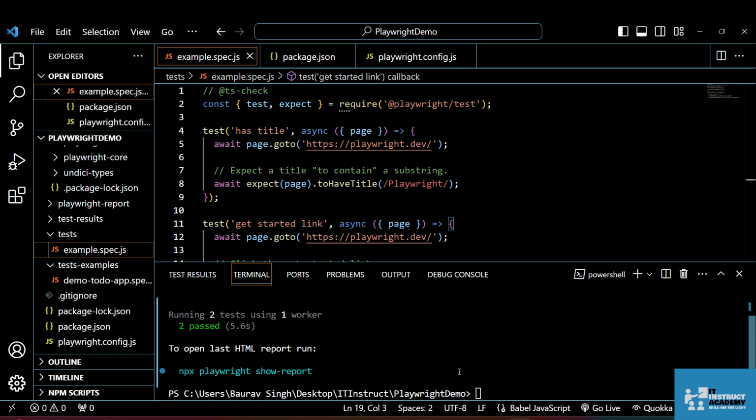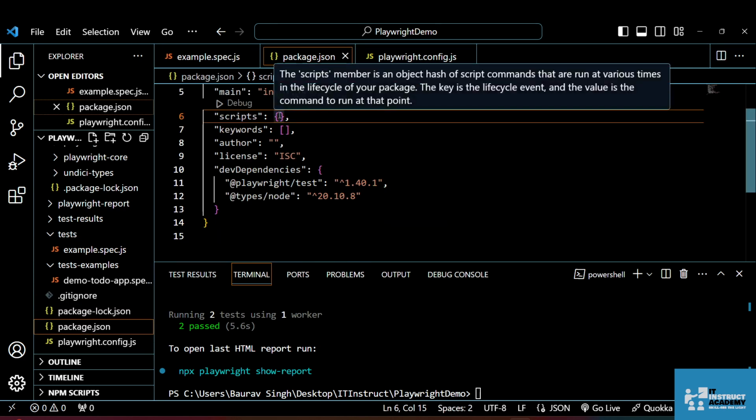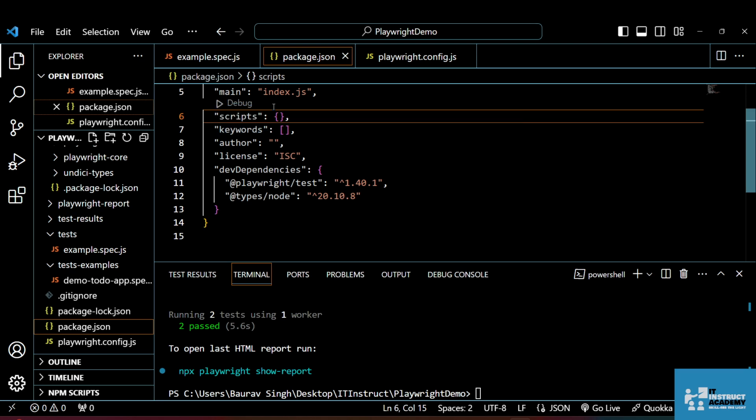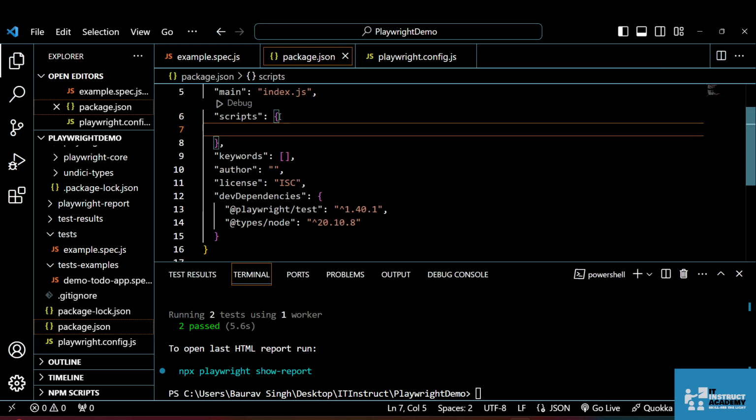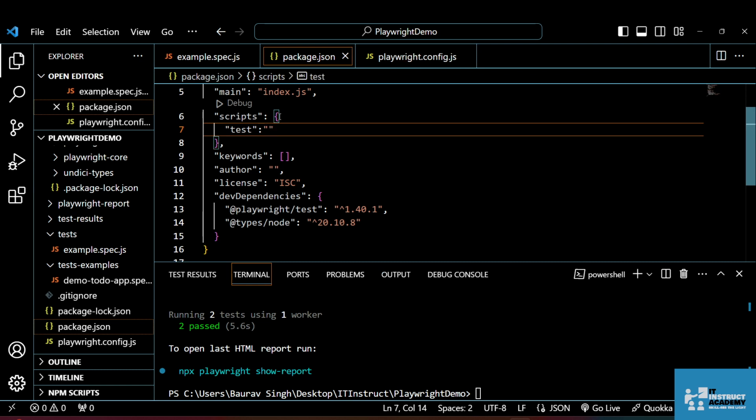But today we will do some configuration changes, and after the configuration changes, we have to write some minimal command to run our test cases. And that is generally what we follow in most TypeScript or JS frameworks. So we'll go inside package.json. Inside package.json at line number 6, we have this scripts available. We'll go inside that, hit enter, and type test here,